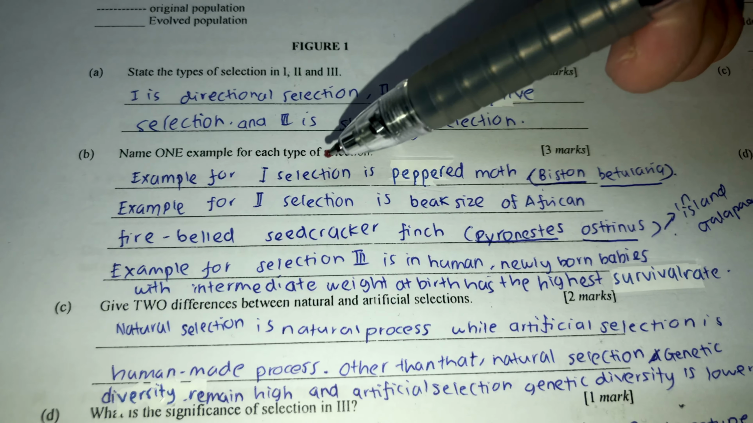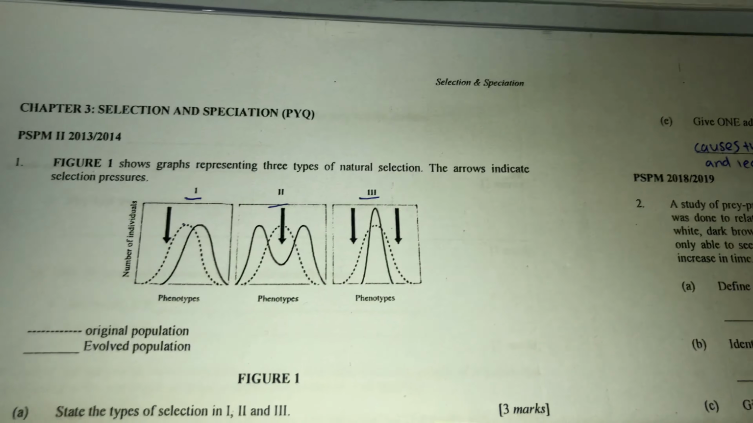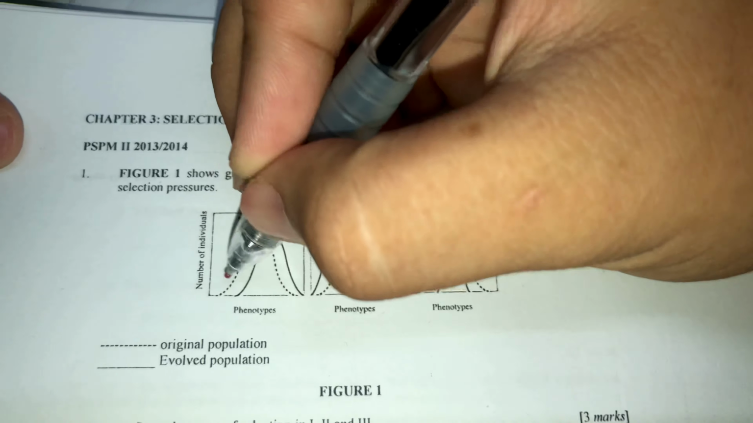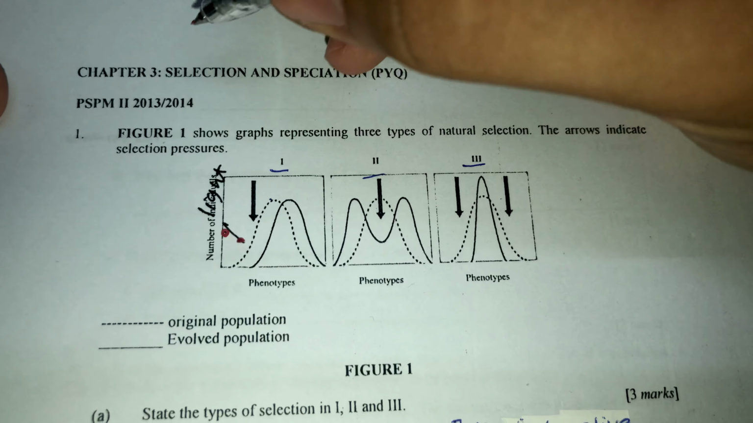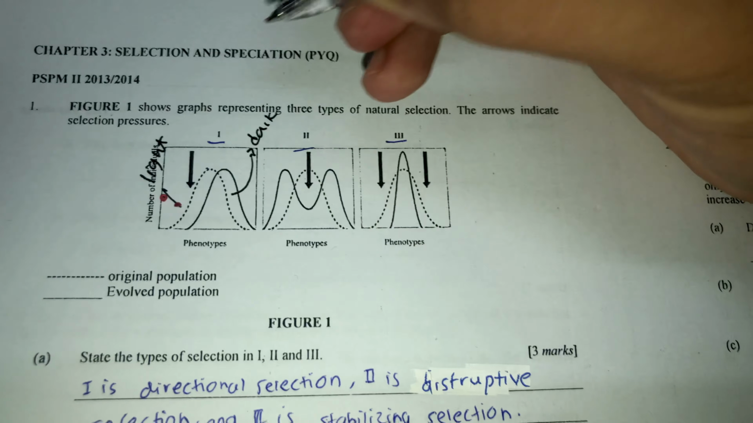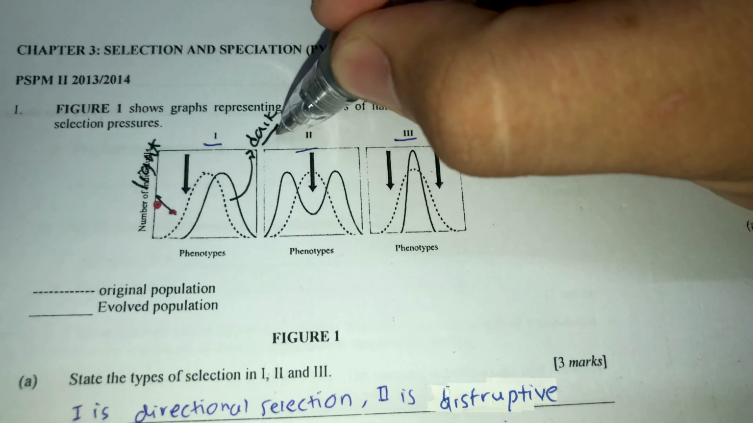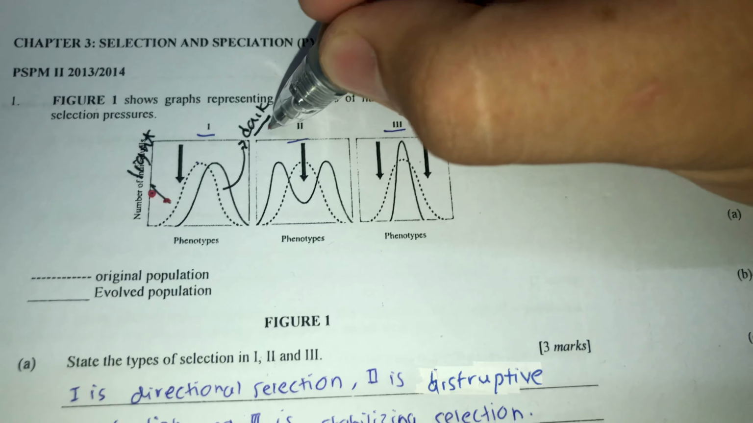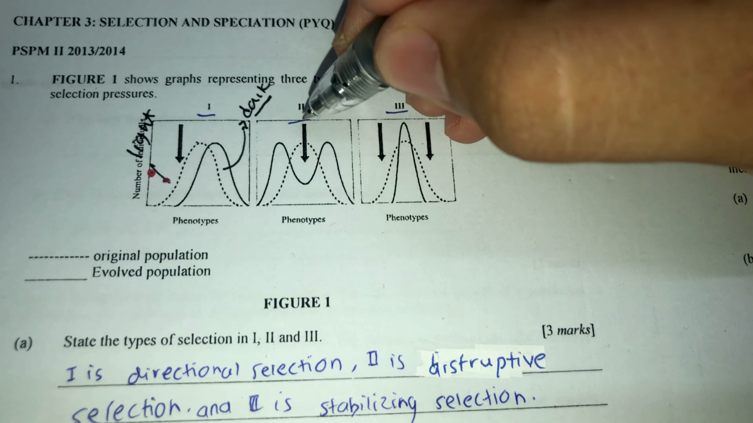Example 1, for the first selection, is the peppered moth. As we can see, this is the light-colored moth, and this is the dark-colored moth. During the Industrial Revolution, the dark moth was ignored by predators, so its survival rate increased. And the second example is